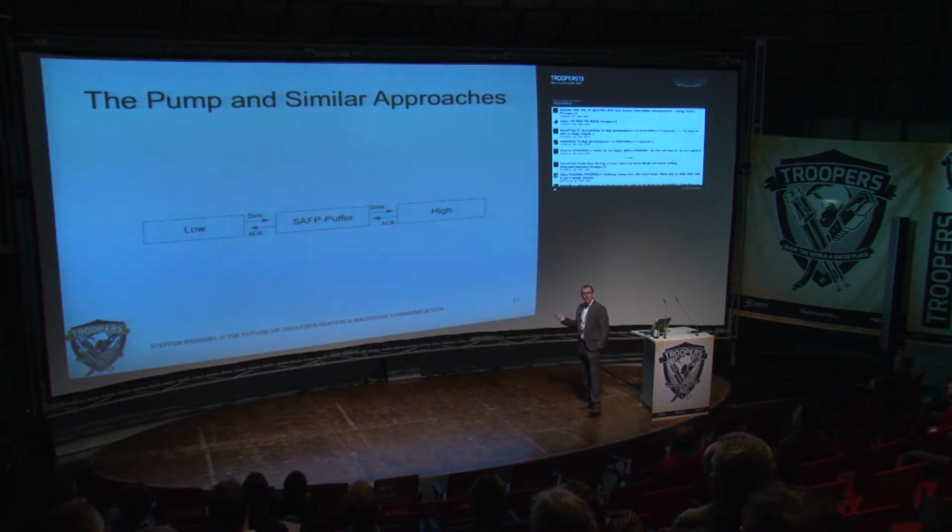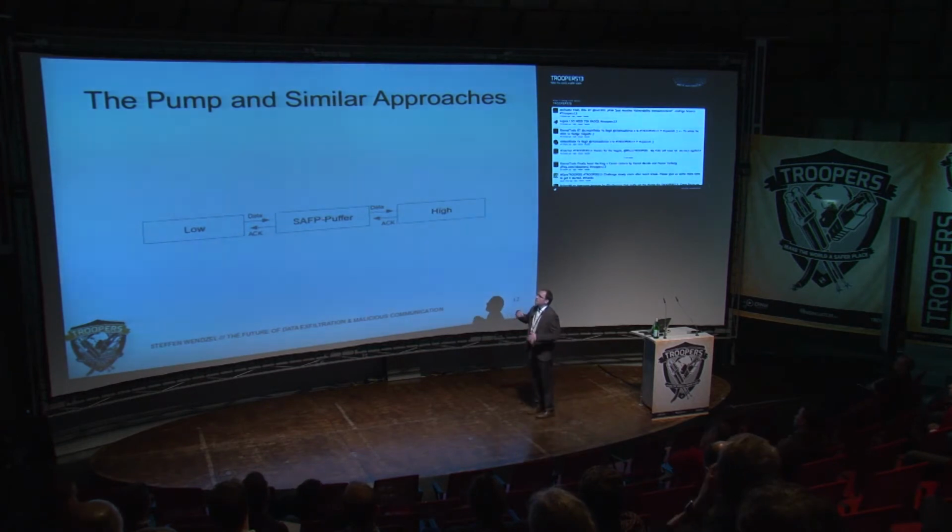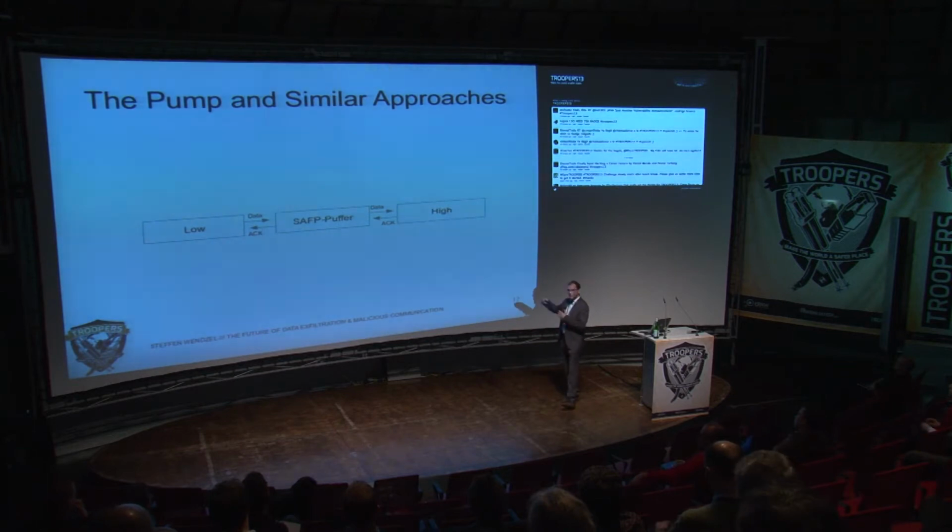Later, several other approaches came up, like the pump, one-way links, blind write-up, store and forward protocol, and such things. The basic idea is always the same. We have a low system, i.e. with a low security level, and a high system with a higher security level. And the Bell-LaPadula model, you probably know it, forbids some kind of communication where the low system gets information from the high system. So we have to prevent that the high...